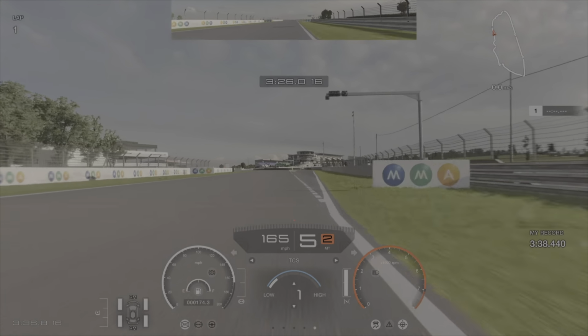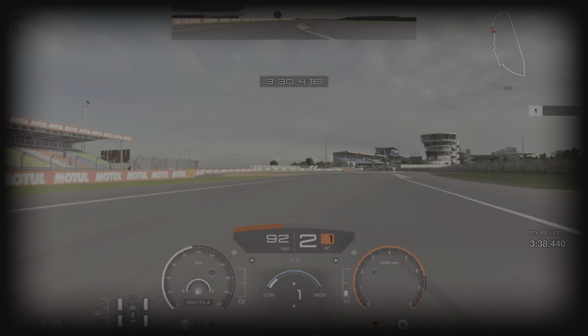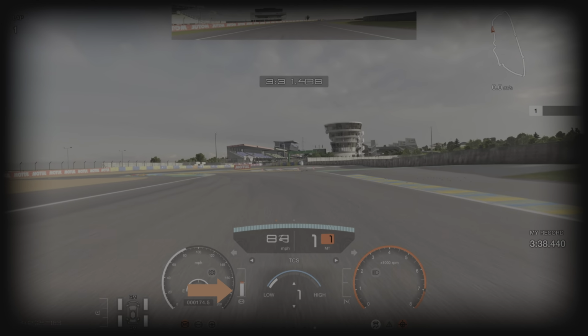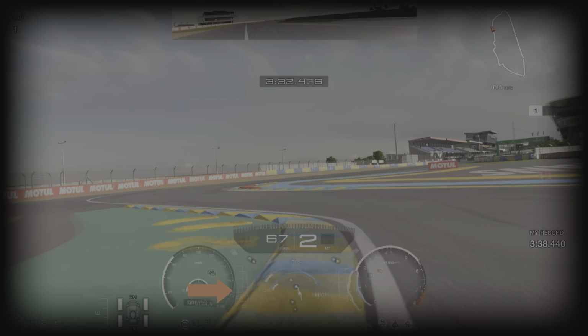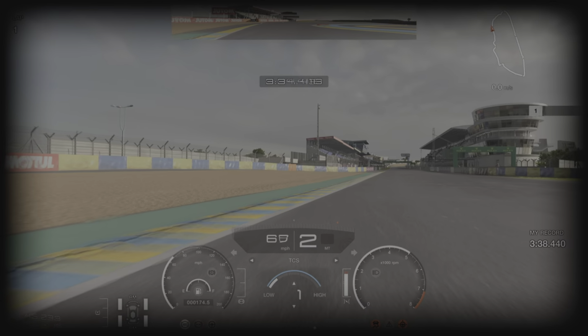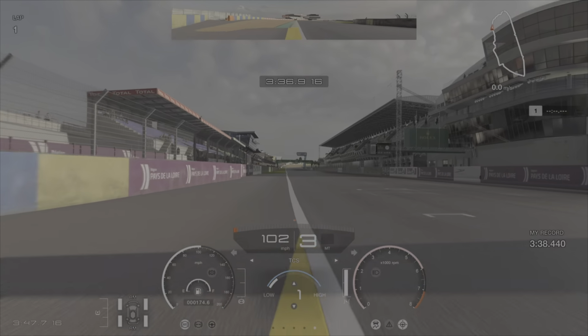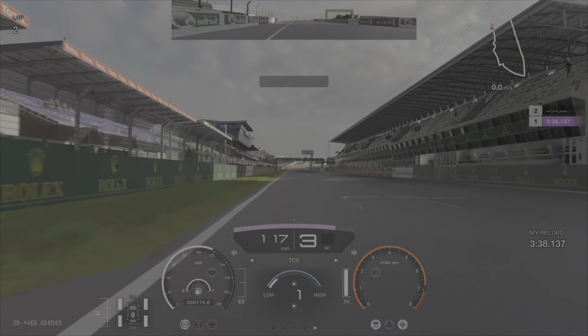So before the pit entry, we're going to use a bit of the entry there. We're going to hit the brakes into third gear. We didn't get the ideal line here. We're going down to second, a little bit deep into that corner. And as the car straightens up, we're going to come down to first and really abuse these curbs. You could probably even use more than that, to be honest. But the main thing is to get a decent exit. Stamp on the throttle in second gear, up into third. We're going to compress the line for